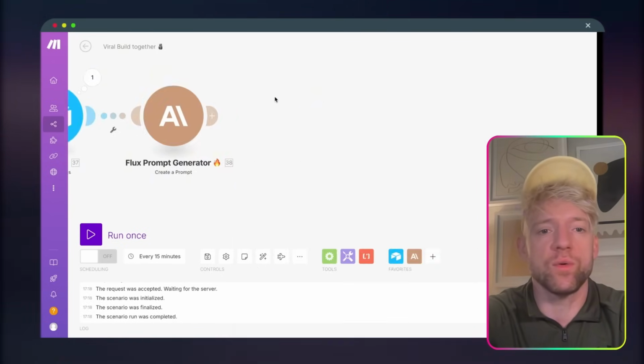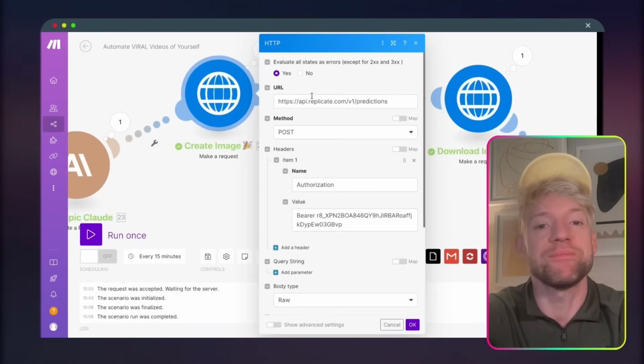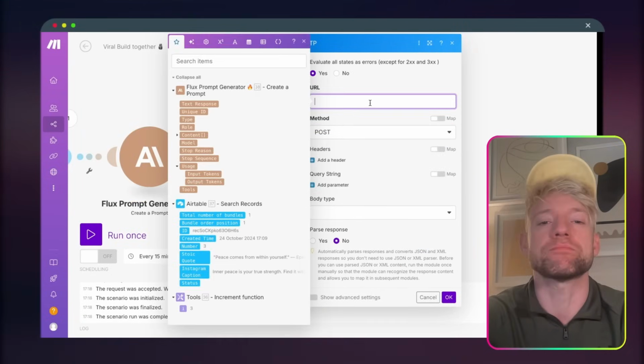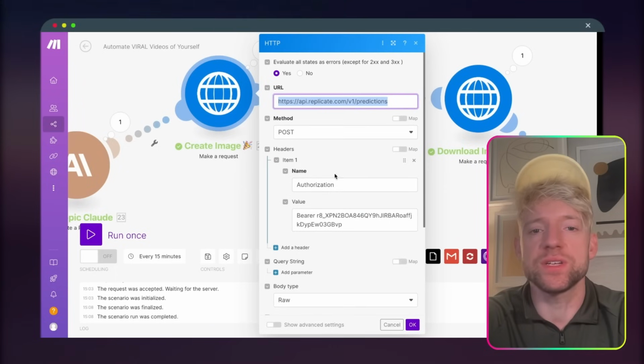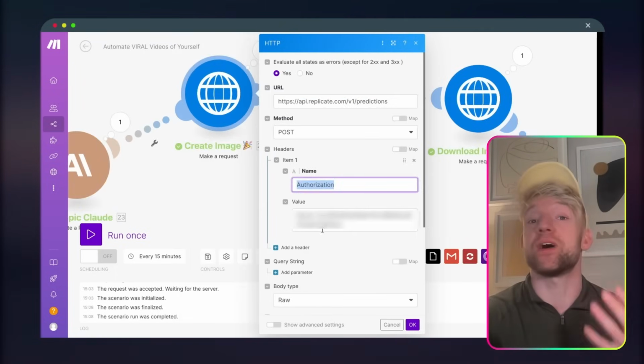Beautiful. Okay, so to do this, all we do is we're gonna come up here. I'm gonna move this up so we know exactly the difference. HTTP, we're gonna make a request like so. This one, instead of get, it's gonna be post. For the URL, we're gonna put in this one here, which is api.replicate.com/v1/predictions. Let's go down. And for headers, guys, the only header we need for this really is just your API key,